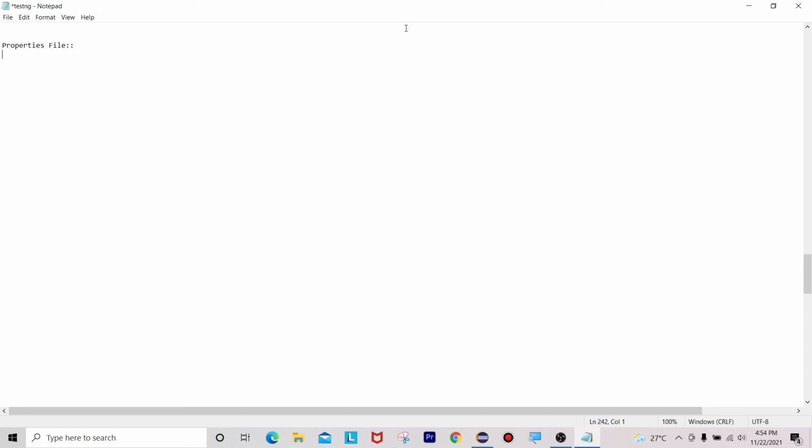So you can store any data which is configurable or useful for automating your application with the help of a properties file.